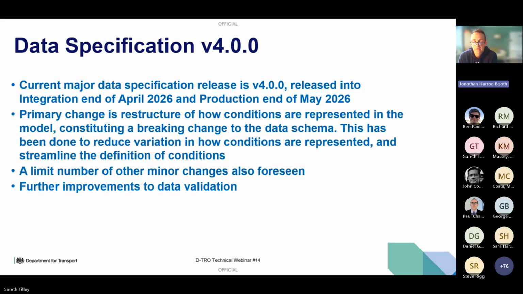It's worth mentioning, of course, all the time we receive user queries and comments. A couple of observations have been made around how we model speed limits, and we are looking at that. That is something that would come into the next version, but you're likely to see before the next version that we may release some new endpoints that will enable you to search for speed limit data, because at the moment the current search doesn't allow you to access them. But more news in due course. So that was all from me, fairly short.